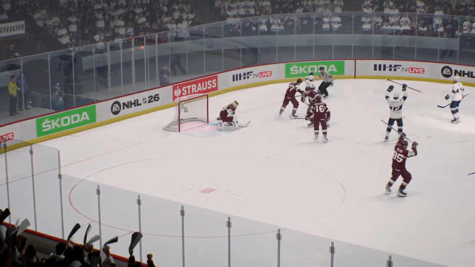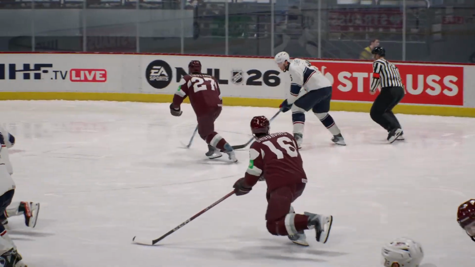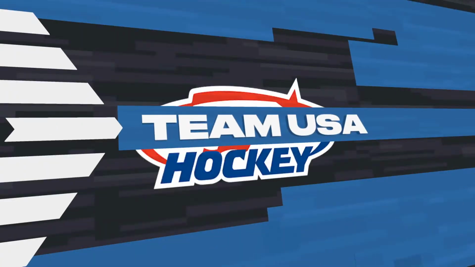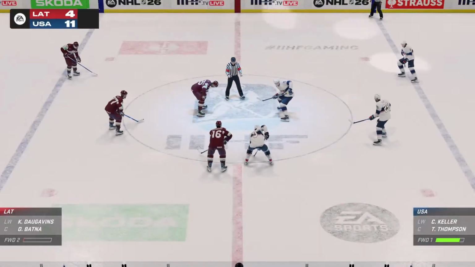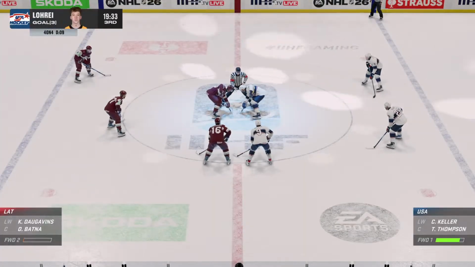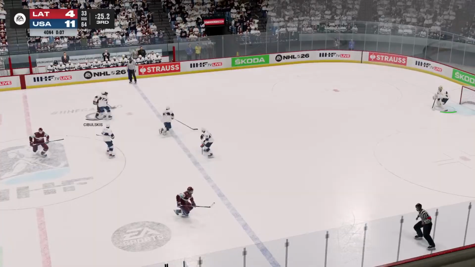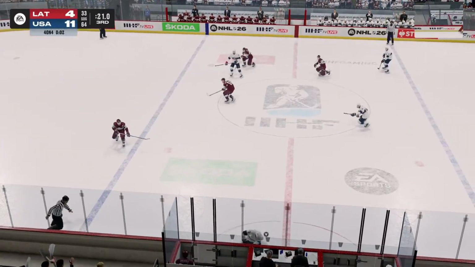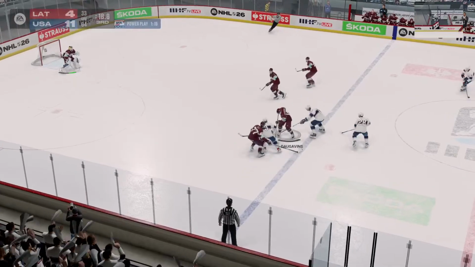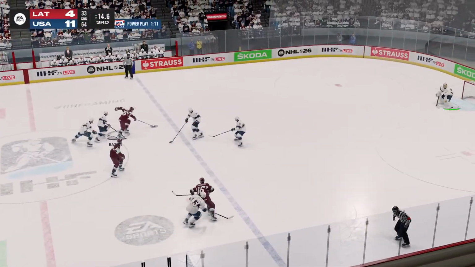That was a gift. Not really much to explain, just a botched attempt by Latvia. Nothing really special happened on that play in terms of the United States. It just found the back of the net. And another goal for Team USA as they make it 11-4 here, as we now will end the game with a United States power play for just over a minute, but for 16 seconds.